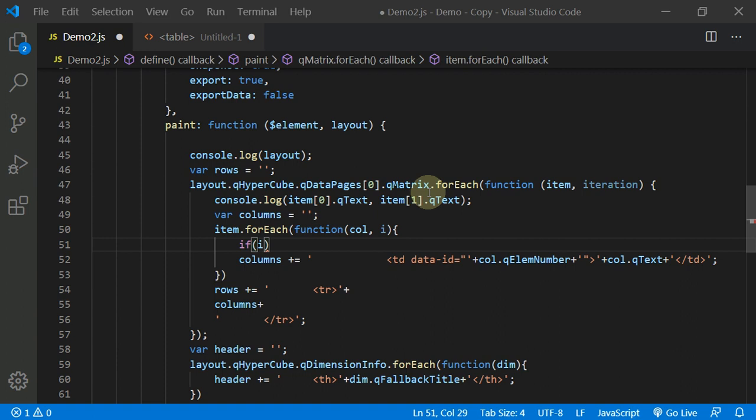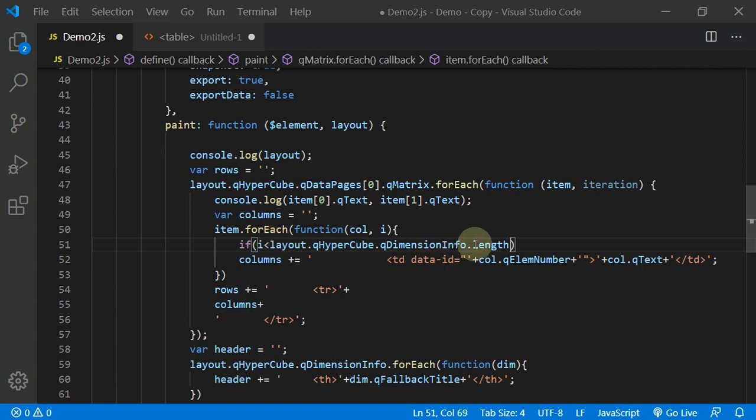If i is less than 1, which is nothing but the number of dimensions. So we cannot hard code this value. We need to get this value from the property again. So how to get the number of dimensions? Again, we can use this layout.qHyperCube.qDimensionInfo, and instead of this we can use dimension info dot length.